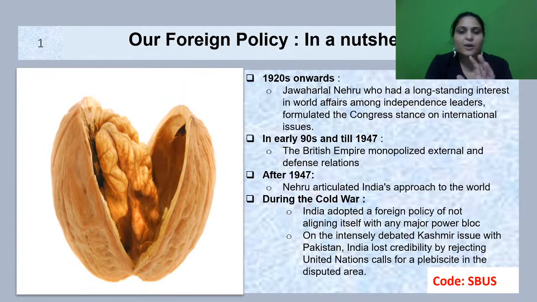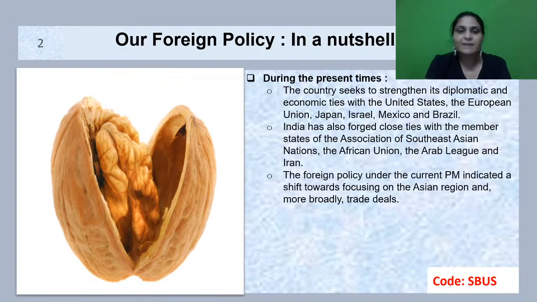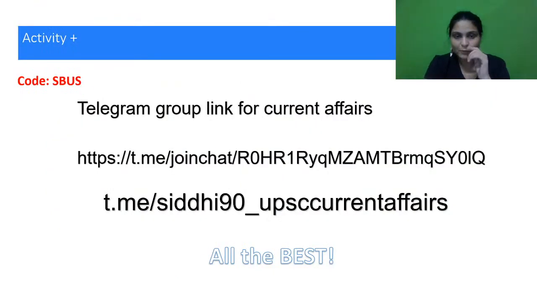Now, our foreign policy in a nutshell, I will not cover it here as of now. It is still there, but I will not cover it here today. I will go with the foreign policy in a nutshell once I have covered how the foreign policy has evolved with our prime ministers, or what are the 6 phases of our foreign policy. So preferably we should meet tomorrow mostly. If there is a change in the schedule,